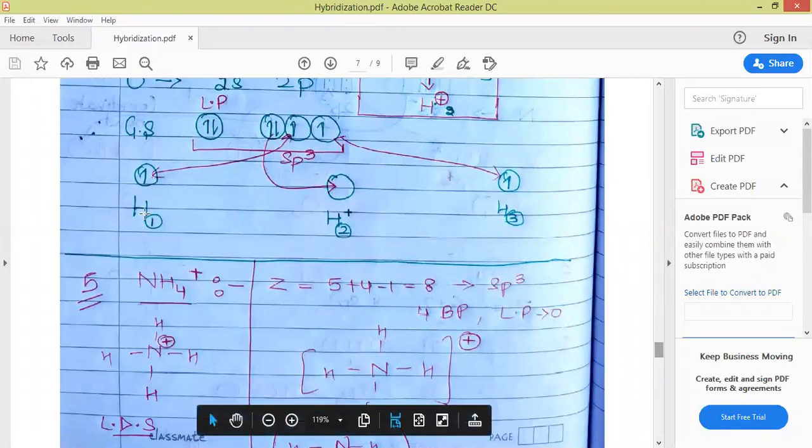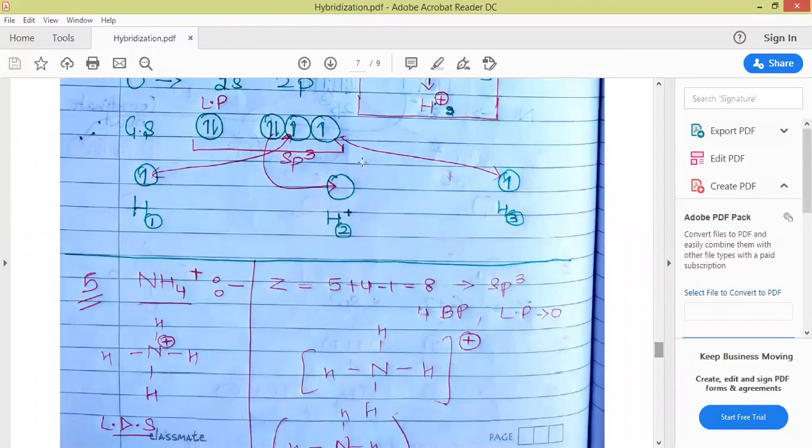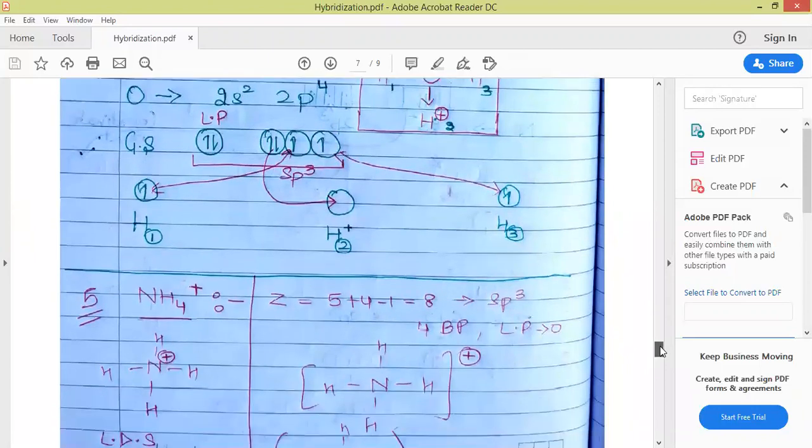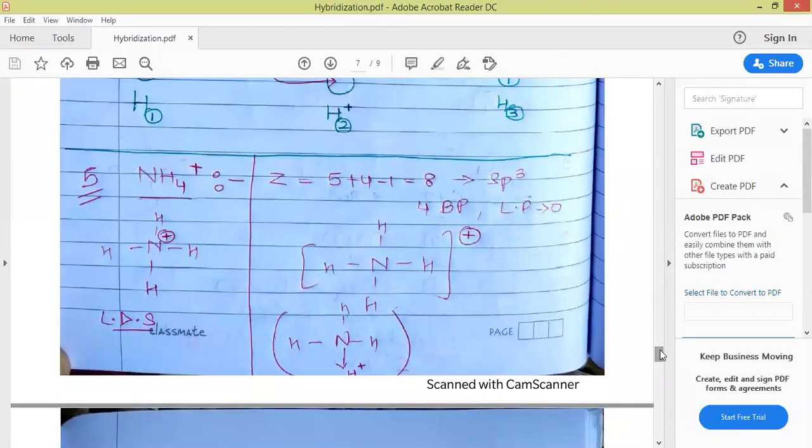So here it will form a sigma bond. This electron also forms a sigma bond with this. Here this is present as H positive, which has already lost its electron, and it needs 2 electrons to complete its octet. So for the formation of this bond, both the electrons will be contributed by oxygen. So this is represented as a coordinate bond. Same is the case with ammonium ion.